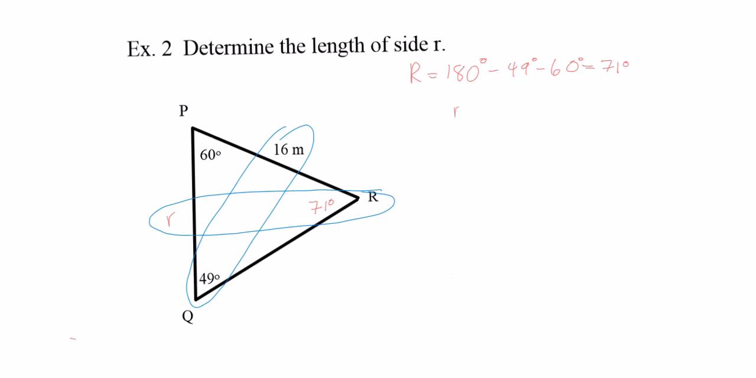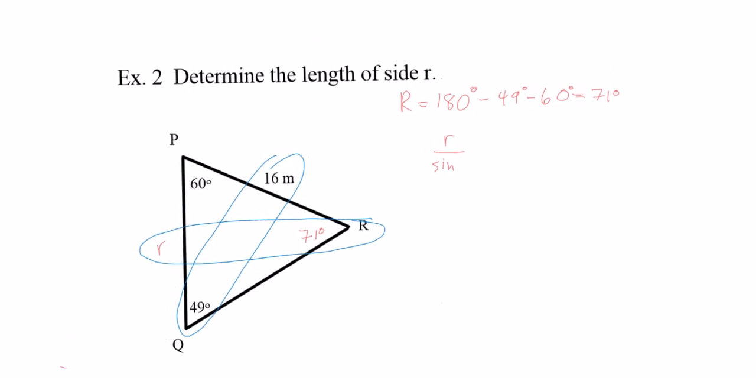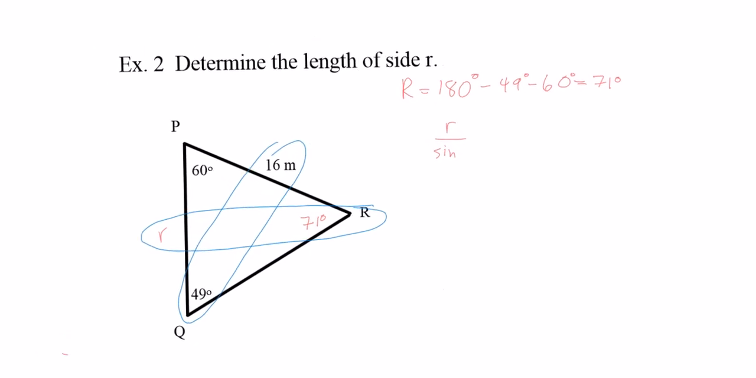So R always starts on the top, since that's what we're looking for, and it's divided by the sine of 71. So let's do that, which is equal to 16 over sine of 49. So we get 16 sine 71 over sine of 49,